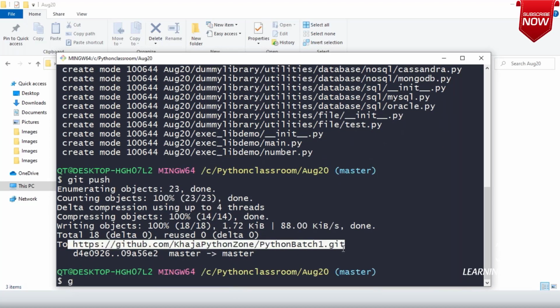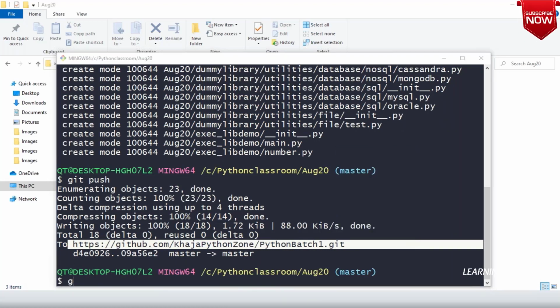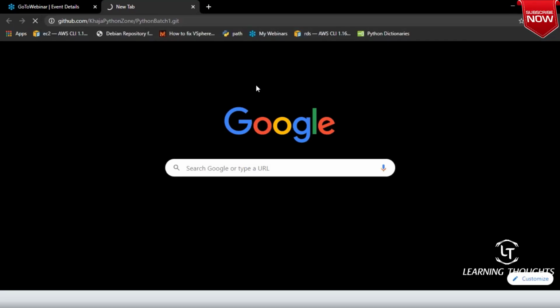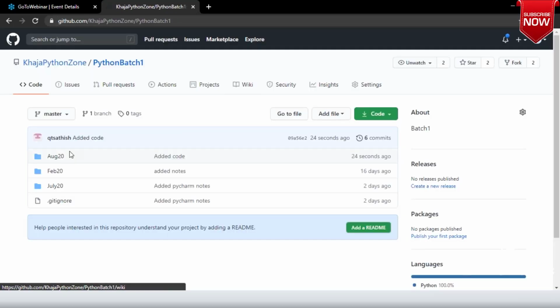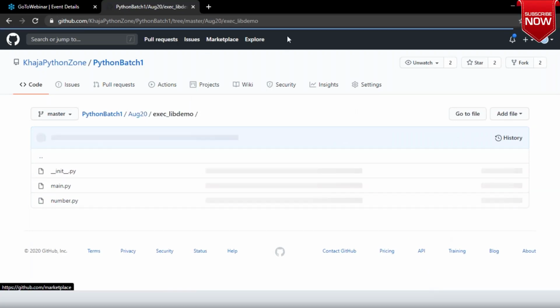So let me go to this folder, this URL, in this August 20, and in this exec libdemo.